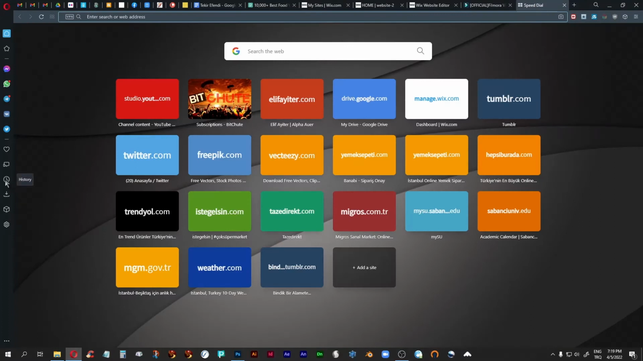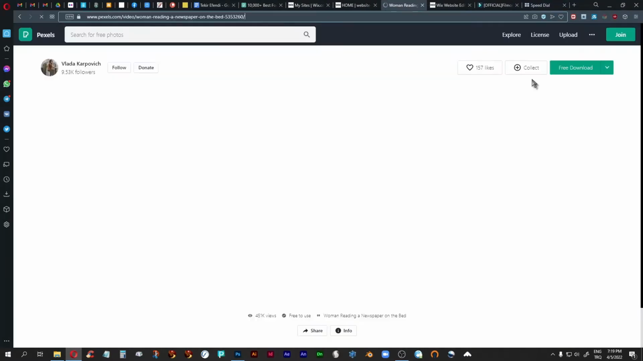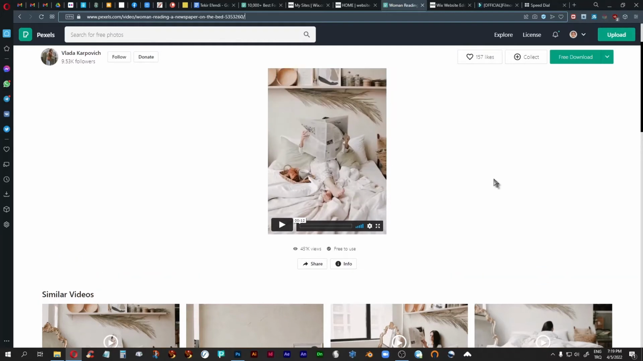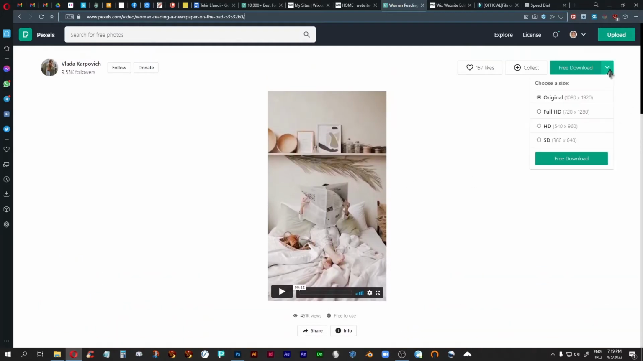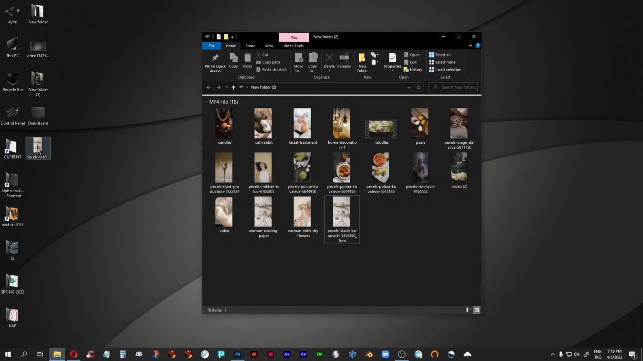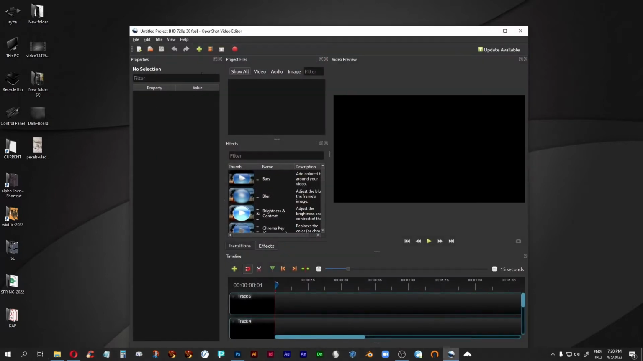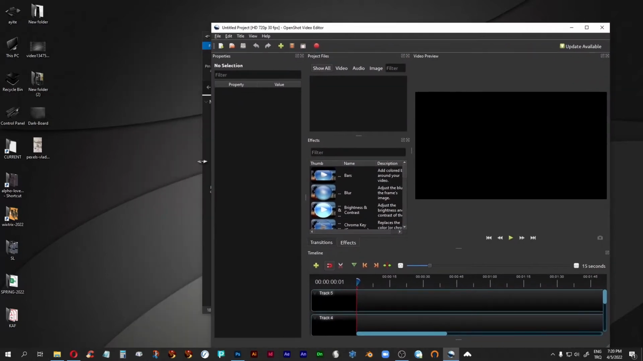Let me just go back to my history and show you what I got. I got this one right here. So the original of this is 1080 by 1920, and it's a vertical format, as you can see. So what I did is, here it is right here. Actually this is the one because I trimmed a little bit of it, and I'm going to open this now in OpenShot, which is the one that I have been recommending for all this video editing stuff, because it's actually